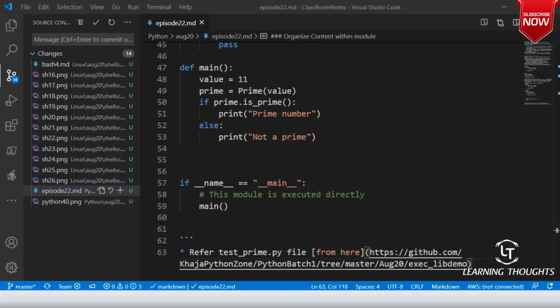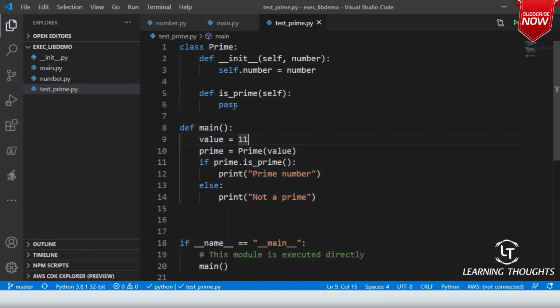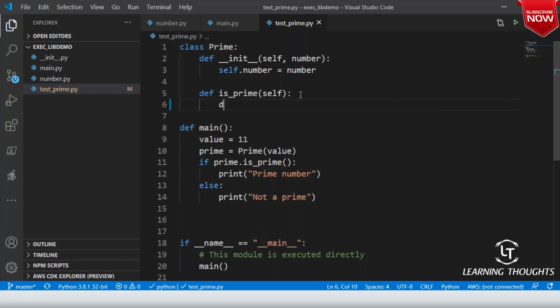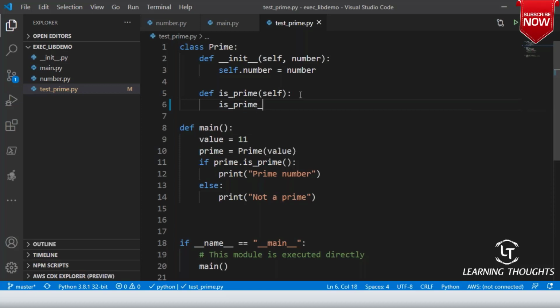Now if I want to run this code, I have not written the prime.py logic over here. But let me try to tell it to return true. How to write the prime logic? We have already spoken about it in our previous classes, so I am not writing that again. Or shall I write this? Okay, fine: is_prime_number equals true.